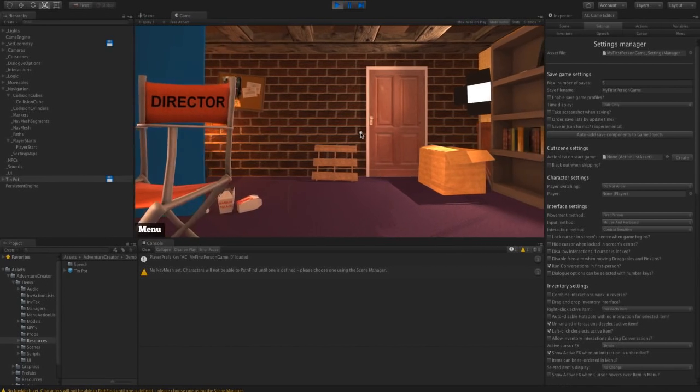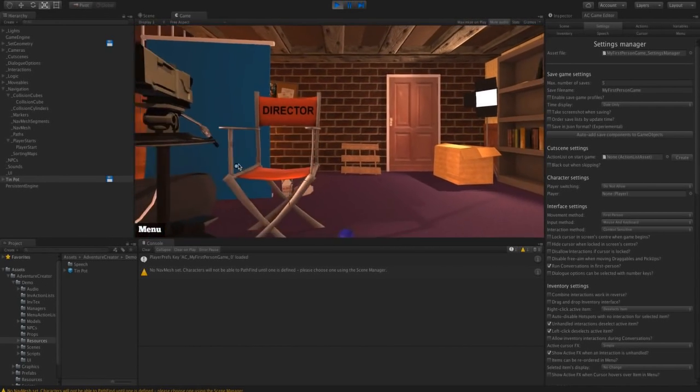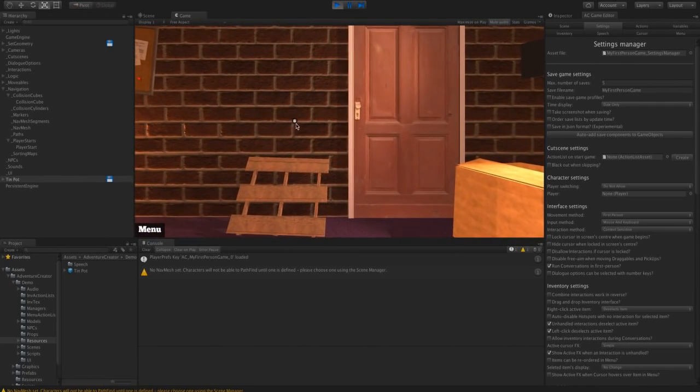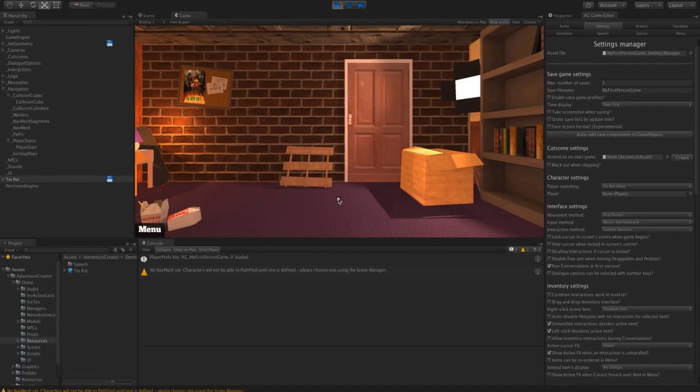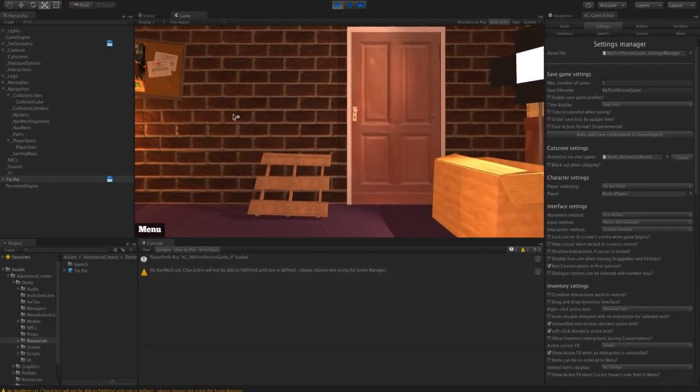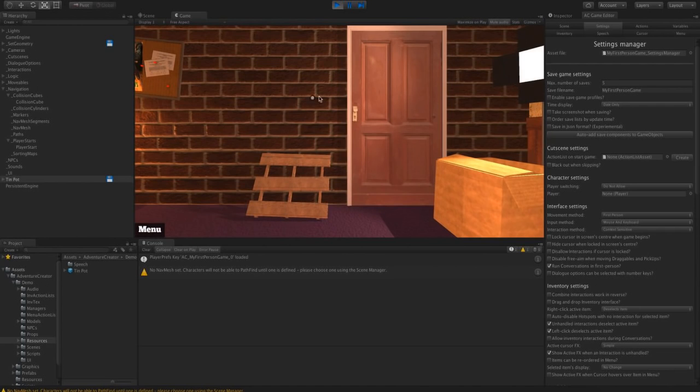Now you can see here I can use the cursor keys or the horizontal and vertical axes to move my player around. There's a few things wrong with it. First of all, we can see the geometry of this character clipping through here. You also see that we can't look around. When we use the mouse, we're just moving the cursor around the screen. So we want to change that.